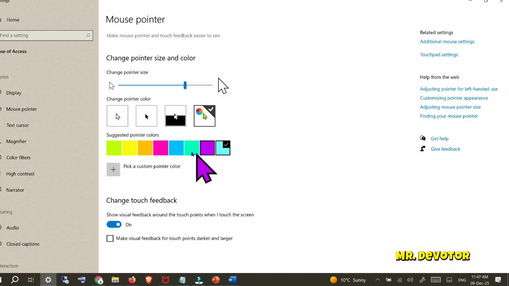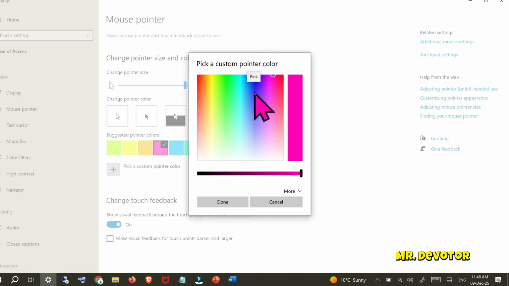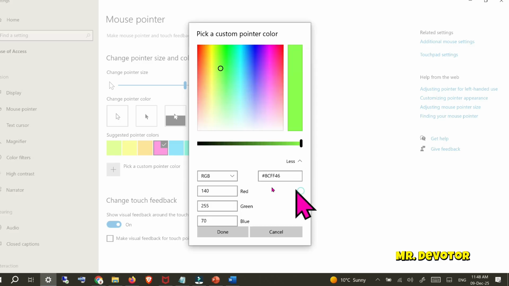You can select any of your favorite color and click the plus, and here you can see that you can even expand more and use the ratio of the RGB colors and HSV colors. Once you select your favorite colors, click done, and